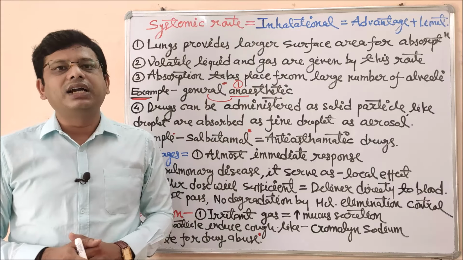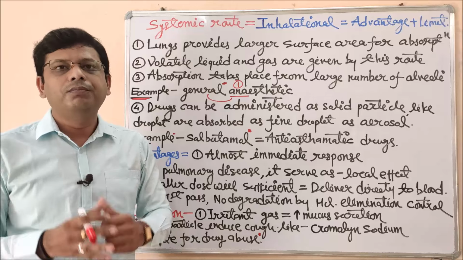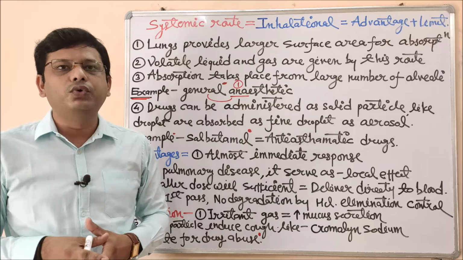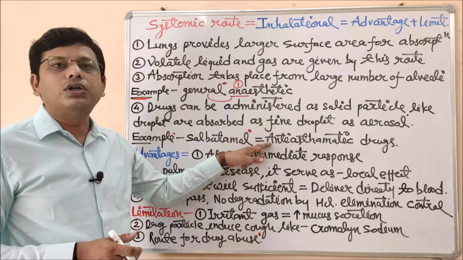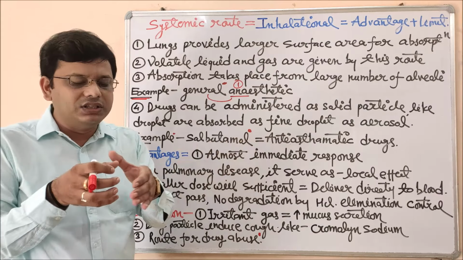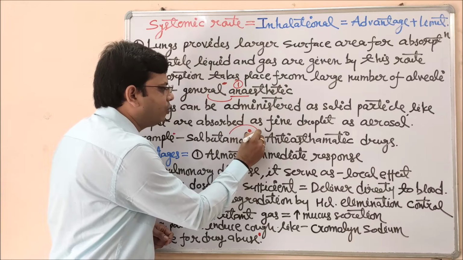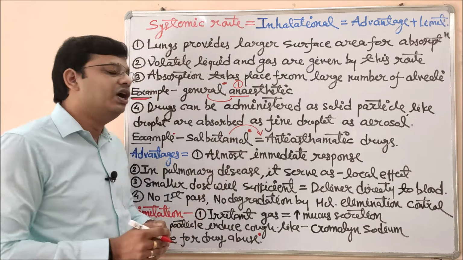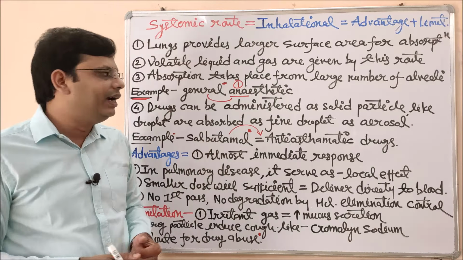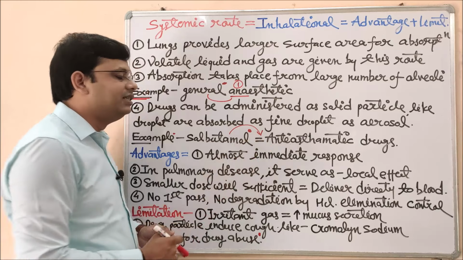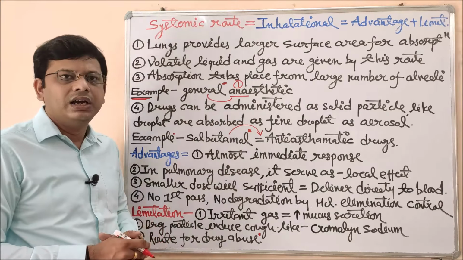So asthma is a condition where the airway gets blocked. There is excessive secretion of mucus, which will trap your airflow. There is also bronchospasm, that means constriction of the bronchi. To get relief from that condition and to allow the air to pass easily and comfortably, we have to use drugs which will dilate the bronchi. That's called a bronchodilator. Salbutamol is an example of that category, and it can be given in the form of droplets in an aerosol.